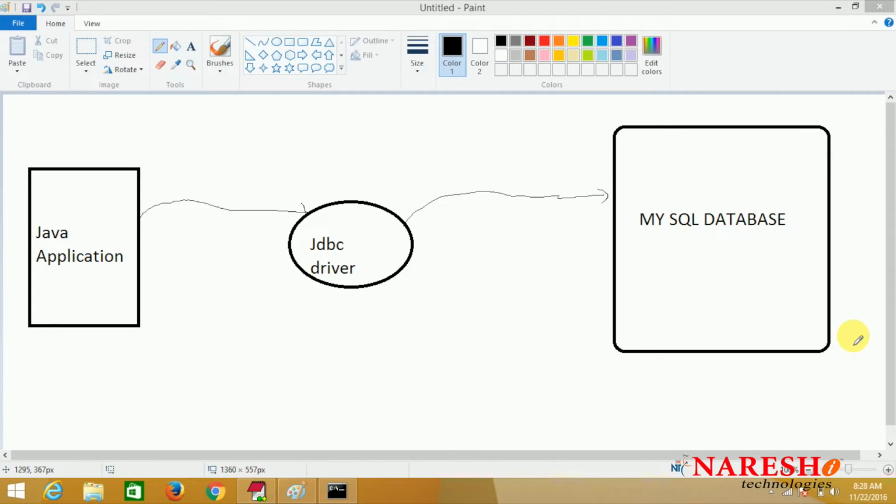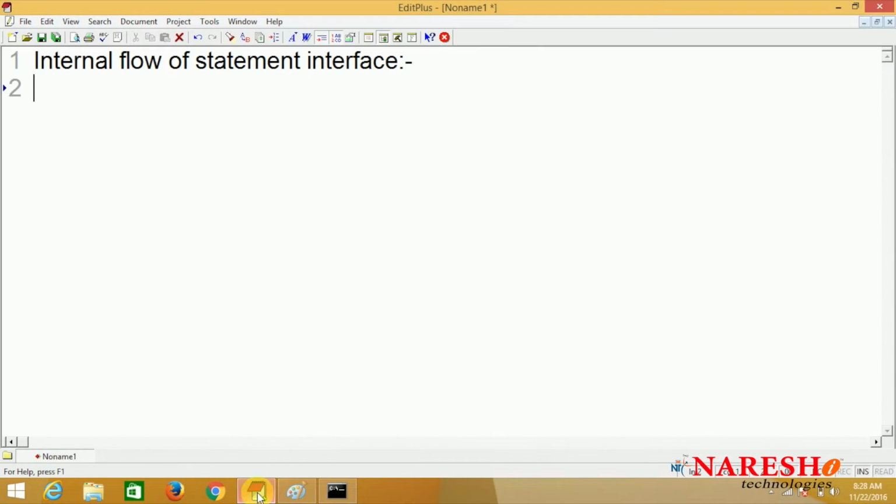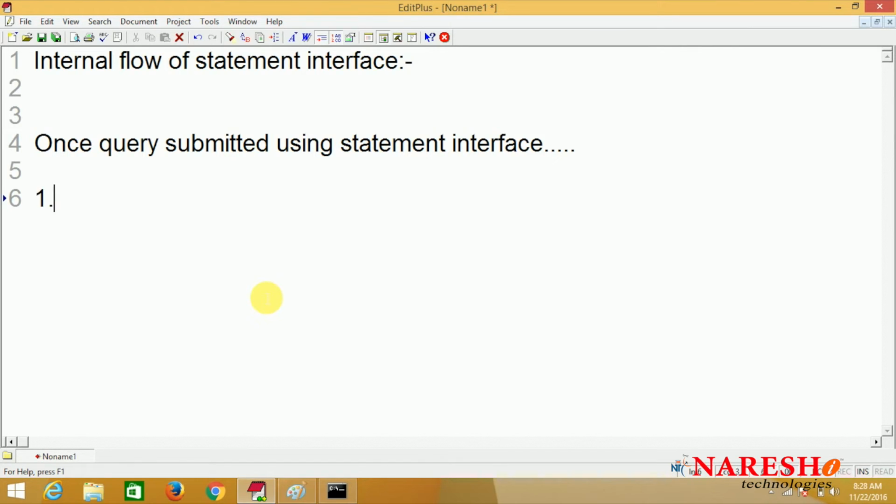using that build plan, it performs operations on your database table records. Once the build plan process is completed, it performs operations on the database table records. That is the concept. So these are the internal flow steps once the query is submitted. You can see here, once a query is submitted using the statement interface, first it validates the query,